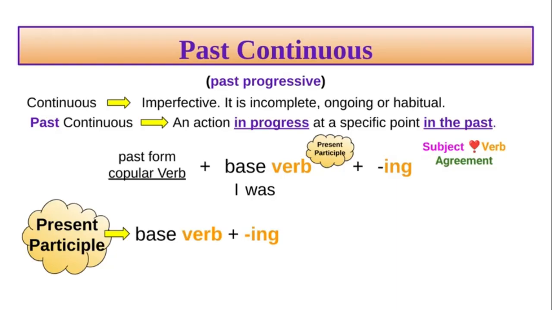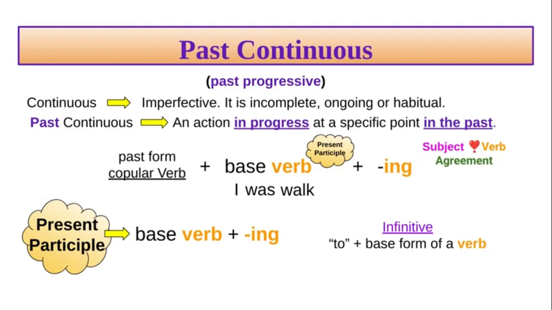So the present would be I am, but we're talking about the past. So we're going to use the past form of the copular verb that agrees with I. I was. Okay. And next, the base form of the infinitive to walk,